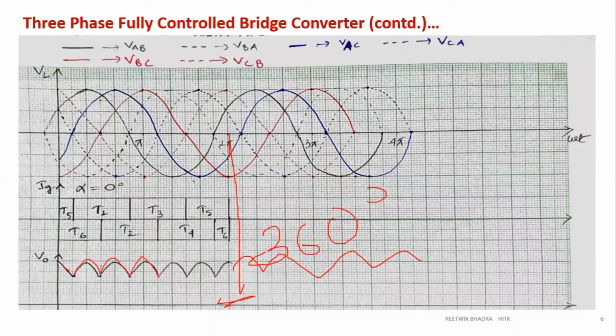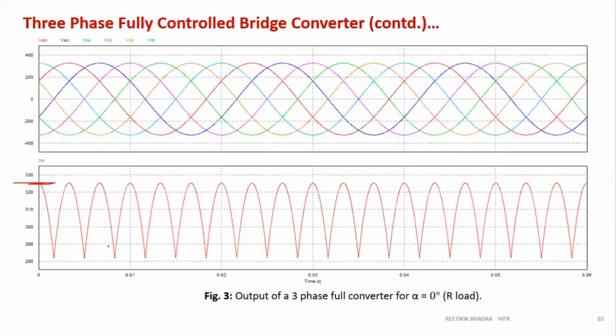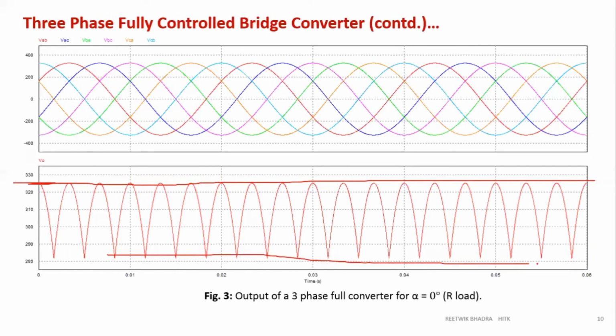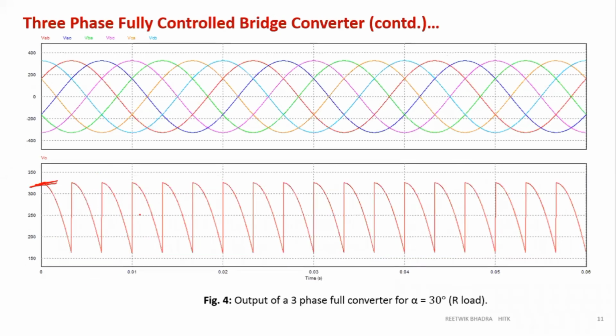All these values have the same magnitudes. This is drawn theoretically. If you say that there are small fluctuations over here, I can show you practically. See, all magnitudes are the same. All fluctuations are the same. The low ripple value is the same. So if I consider one waveform over here, can I say this waveform repeats 6 times? Yes. If I consider one waveform over here, 1, 2, 3, 4, 5, 6. How many times is it repeating? 6 times.